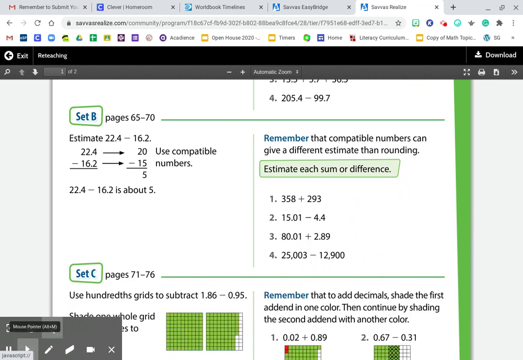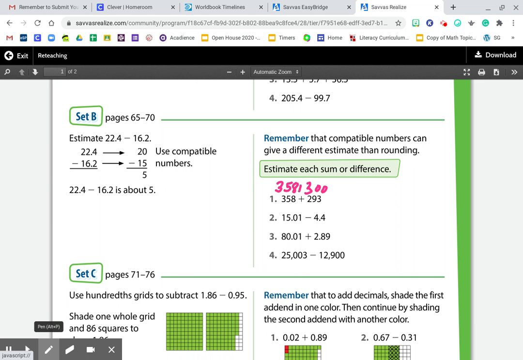All right. Set B, pages 65 to 70. We're estimating and using compatible numbers. Compatible numbers can give a different estimate than rounding. So estimate each sum or difference. My task is to estimate, and using compatible numbers, you can have answers that are different than mine, but make sure it's close. So I could round that to 300, and maybe I'll leave that at